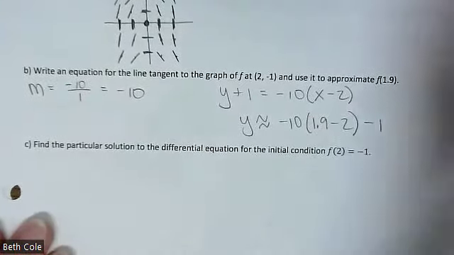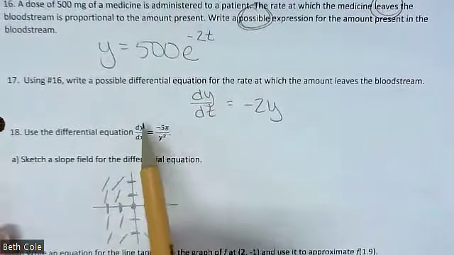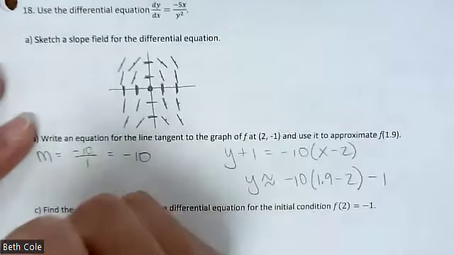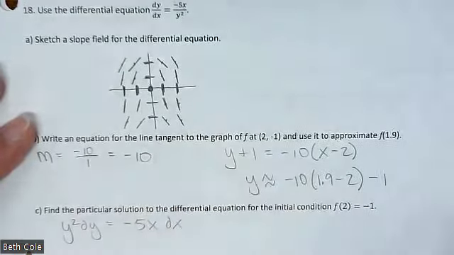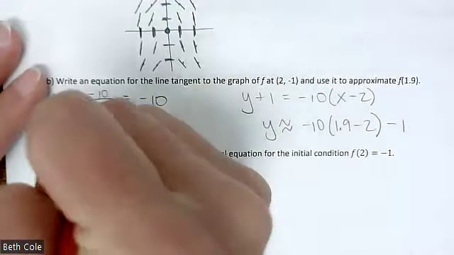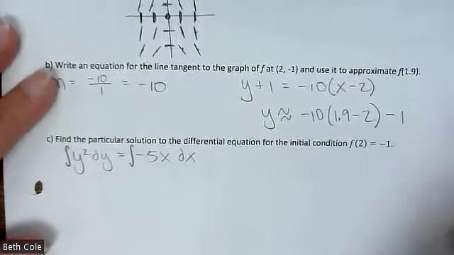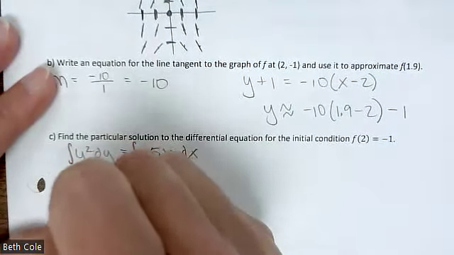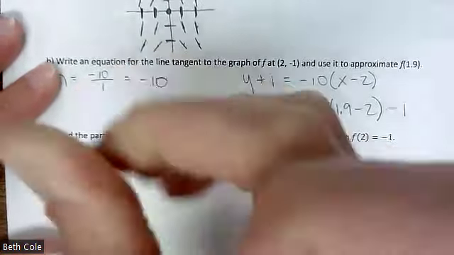All right, and then this says solve the differential equation. Find the particular solution. All right, so what would you do to separate these? Multiply over the y squared. And then multiply over the dx. This one's not too bad. So antiderivative on the left side. Oh, I wrote an x. Awful. All right, 1/3 y cubed